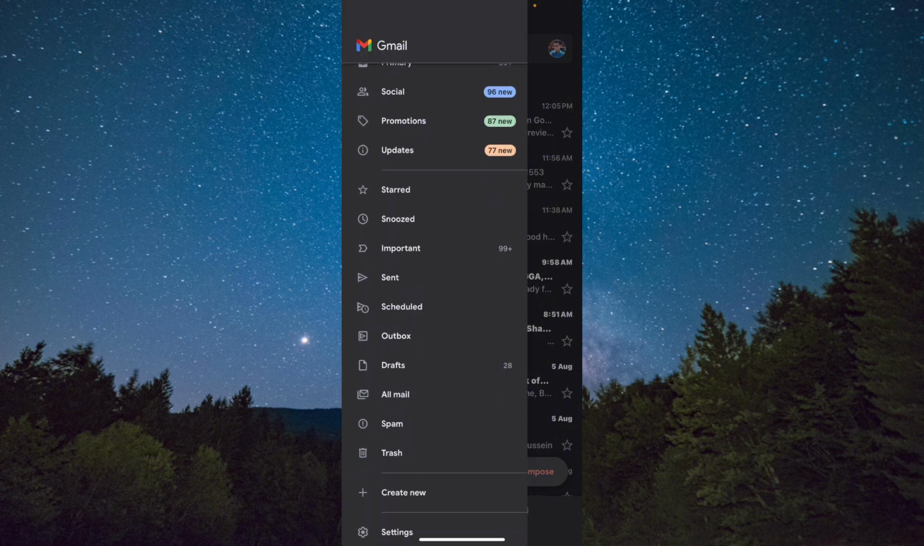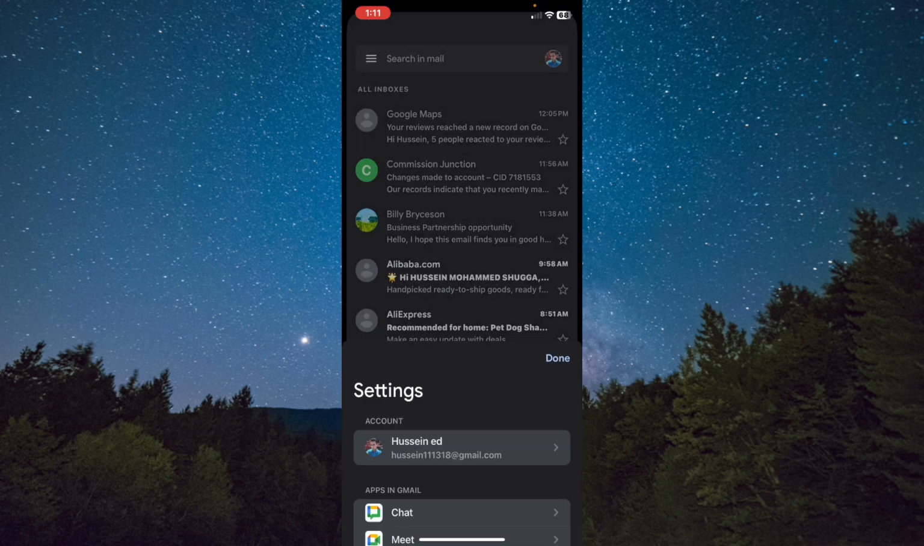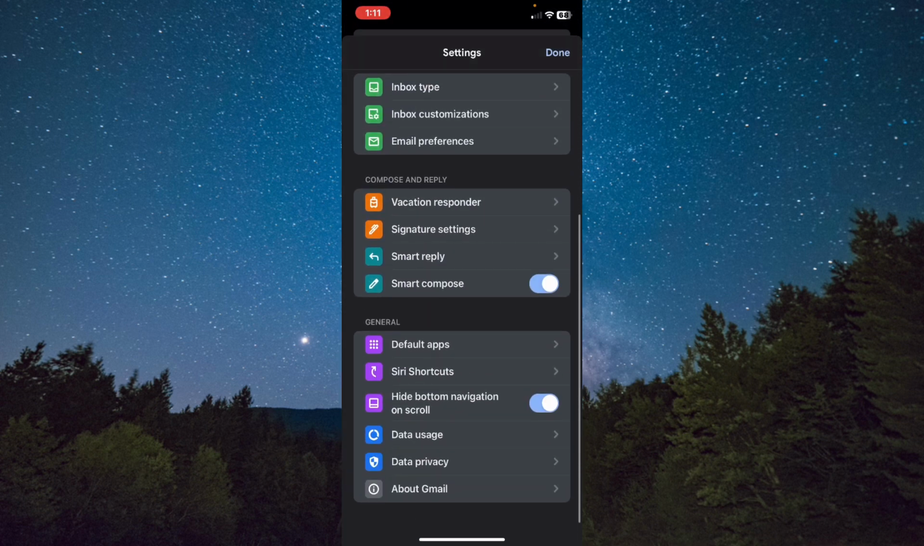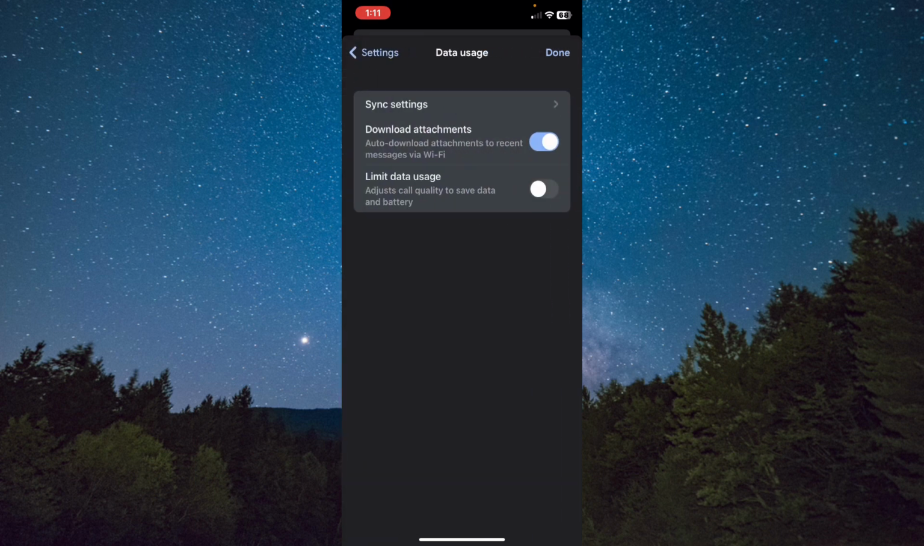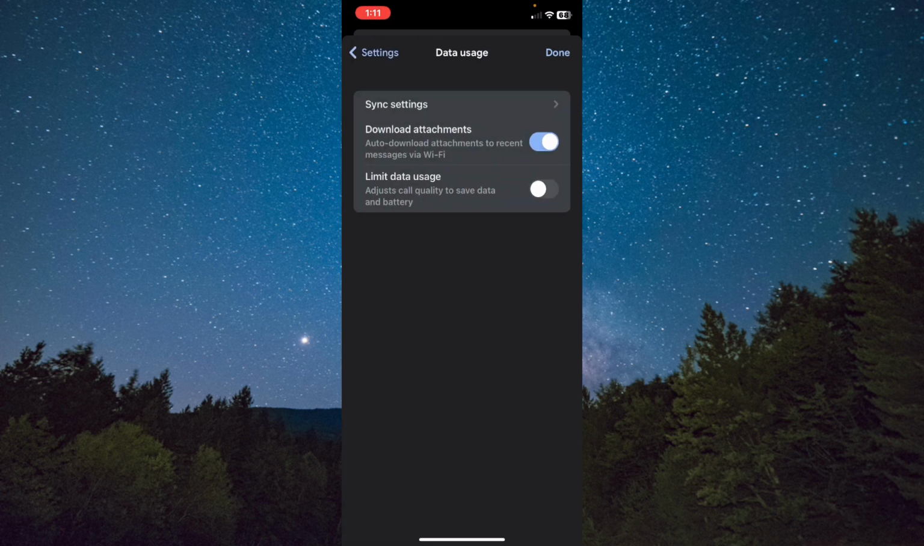and scroll down all the way to the end and click on the settings option, and after that scroll down all the way to the end and tap on data usage. And from here you need to make sure to turn on download attachment and disable limit data usage, and after that tap on sync settings, and you need to make sure the same settings I have right here,